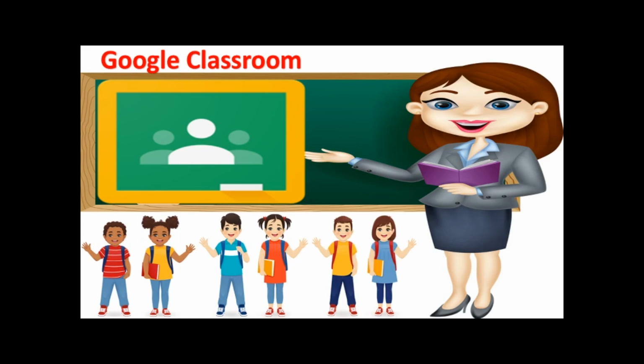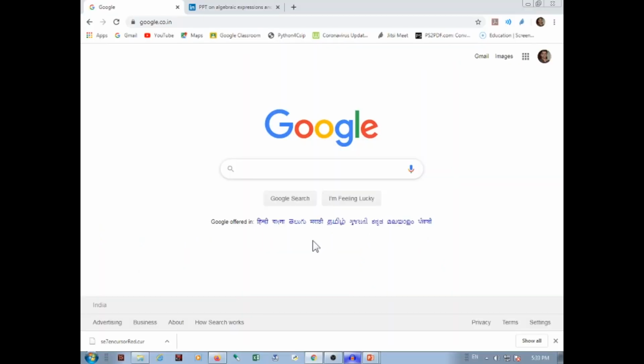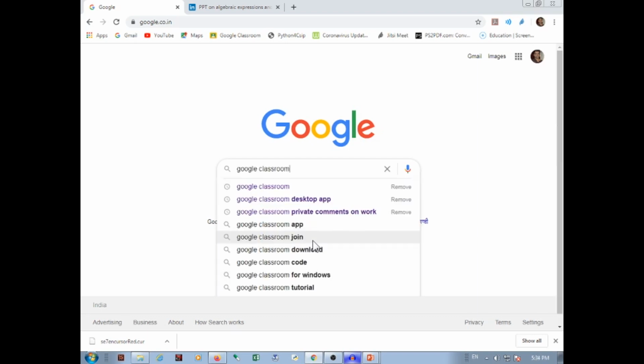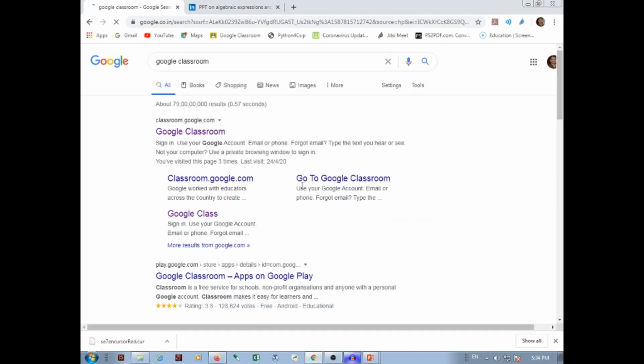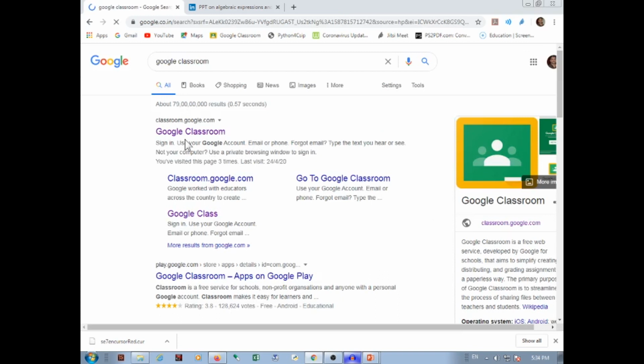So let's start. The first thing that we want to see is how to find Google Classroom. You can directly find it in the Google search. Write Google Classroom and click on search or enter. You would directly find Google Classroom.